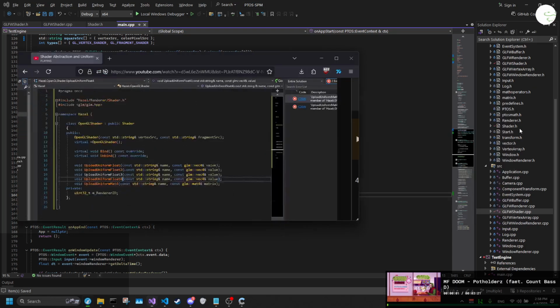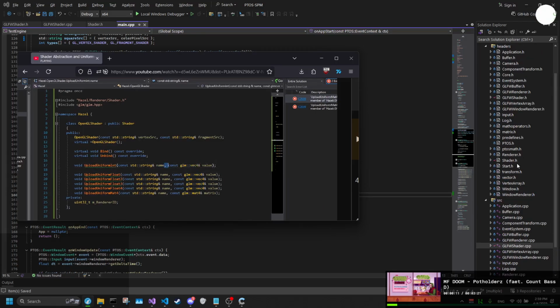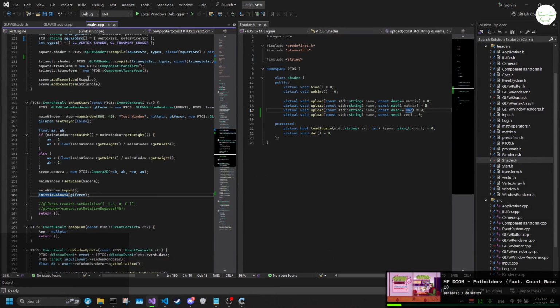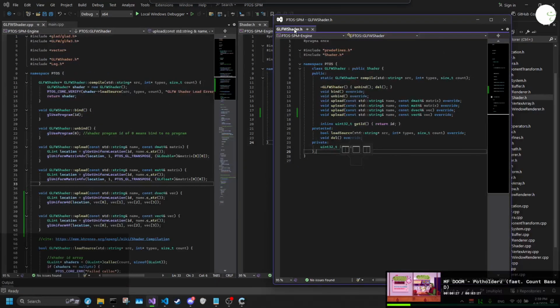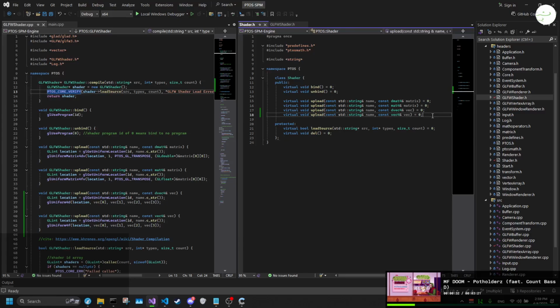We'll probably have an int as well, so upload uniform int. We'll definitely need that for things like samplers when we need to upload those. Int 2, int 3, int 4. We probably won't make functions for that just yet. We could, definitely could. I'm just trying to think what on earth they'd be used for. And int 3 would probably be quite useful for like bone indices, but again, we're not dealing with animation anytime soon, so I'll deal with that in the future as we need it. I'll do mat3 though, because that could potentially be useful. Okay, so